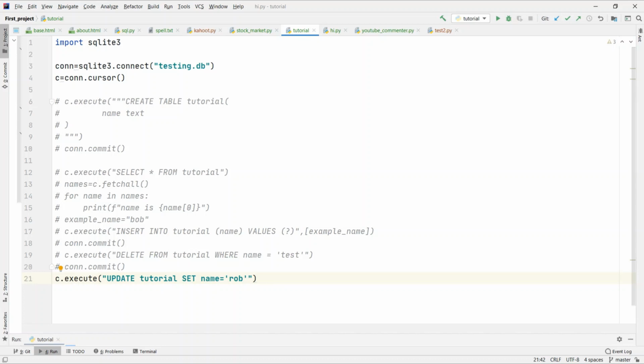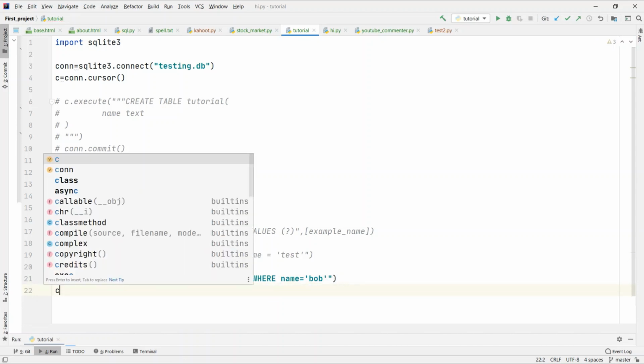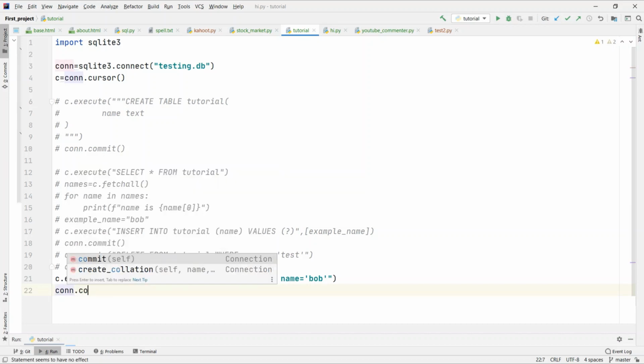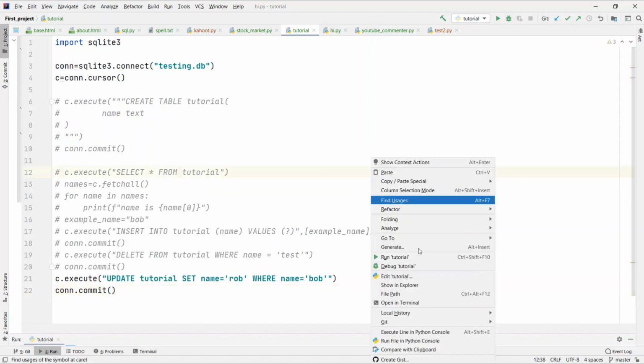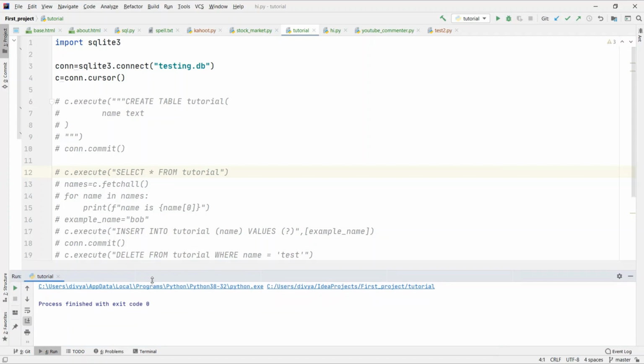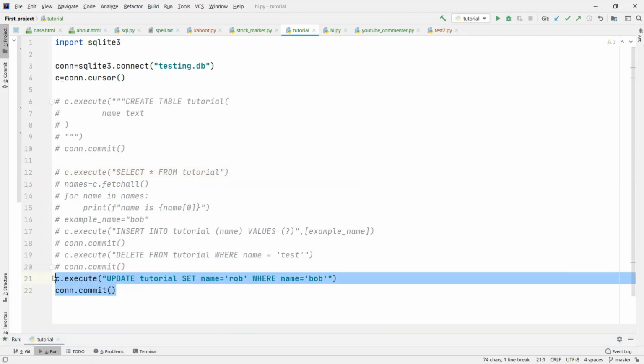and then we're gonna say WHERE name is equal to Bob. So this is gonna change the name to Rob where the name is Bob. So then we just need to commit this. We say con.commit, and then if we run this right here, okay, process finished with no errors,